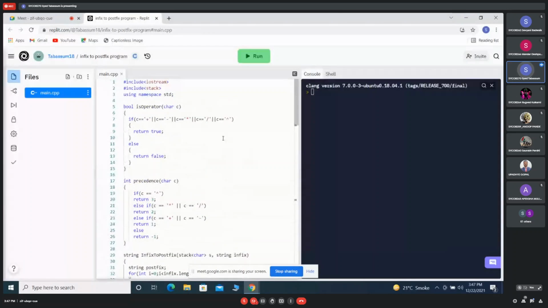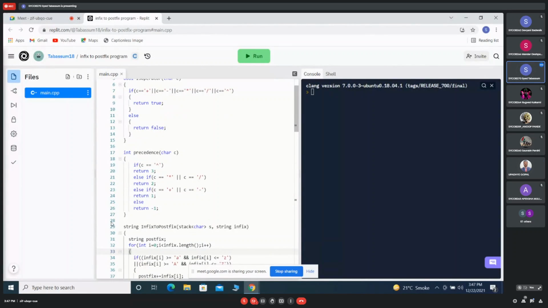Sir, I have done the third assignment, which is infix expression, infix to postfix. In this, we have to take an infix expression from the user and convert it into a postfix expression, and we are going to use a stack.